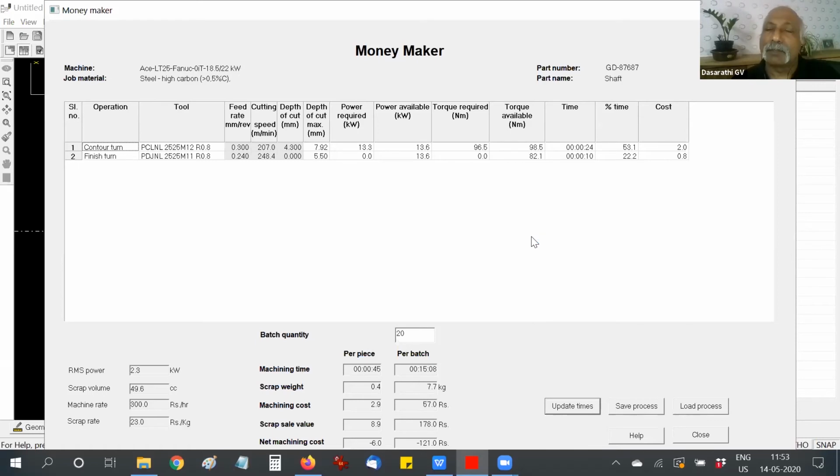And typically roughing operations are drilling, grooving. These are where your rough turning and so on happen. These are where your maximum cycle time is consumed and power is consumed. So this is where you have the maximum scope to play around with all the rough, heavy metal removal operations. Right? So this is the feature called the money maker.